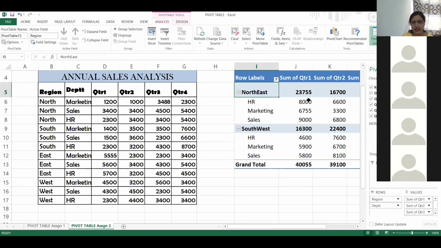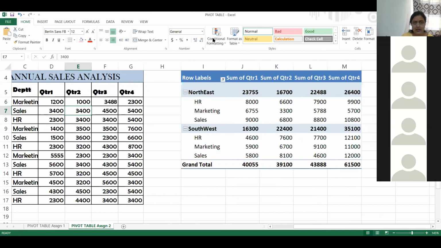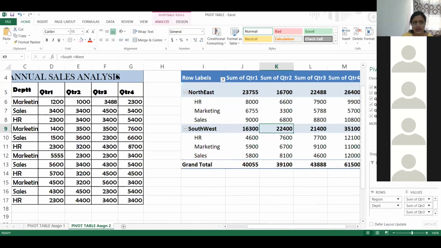Refresh will refresh your data. Make sure whenever there are any changes in the data, click on refresh so that the changes are reflected in your table.